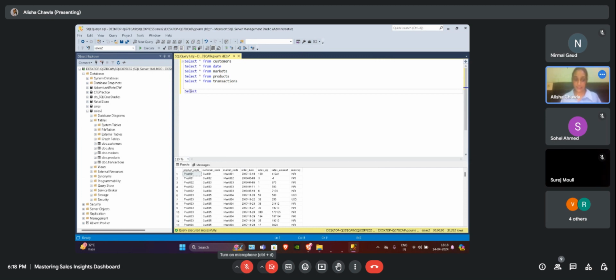So let's go with select, and say we have to see the sales amount in currency, product code. We are asking SQL to select product code and sales amount from the transactions table. This is a basic command.